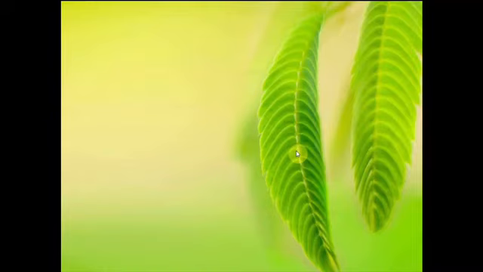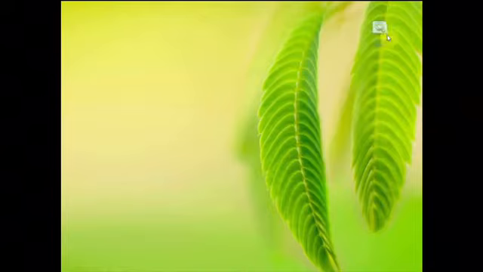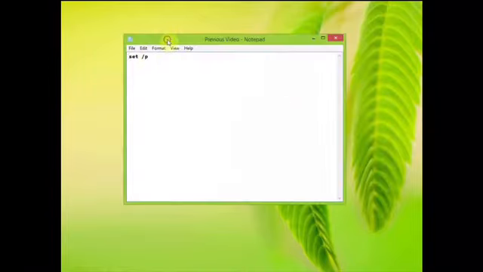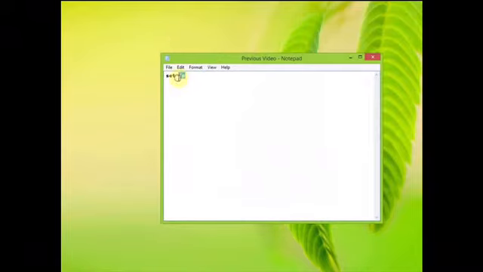Welcome back to the fifth video on the series of batch programming. In the previous video, we learned about the command set/p, which lets us input our own variable, and we also learned about set/a, which let us change the variable inside the batch program through loops. You could only use this one usually for numbers, and we learned that with set/p, we could input our own variable inside the batch program and make that variable equal whatever we want.